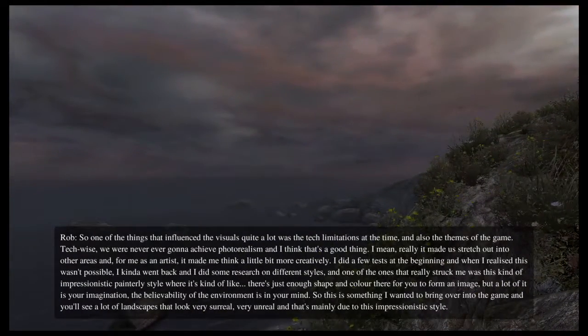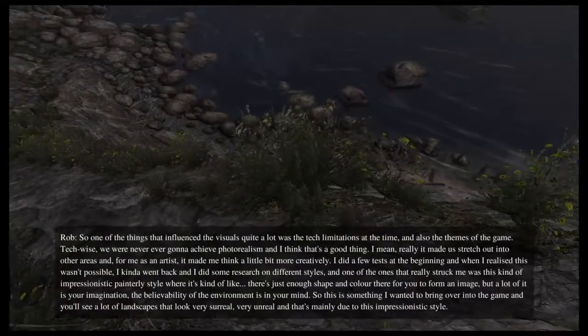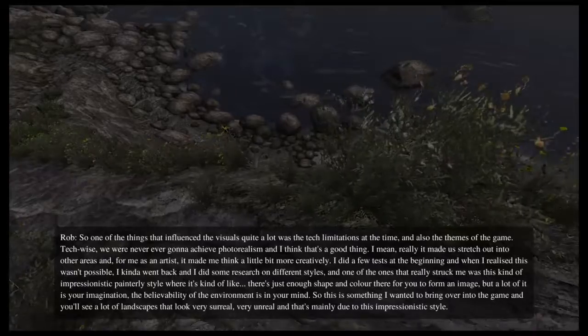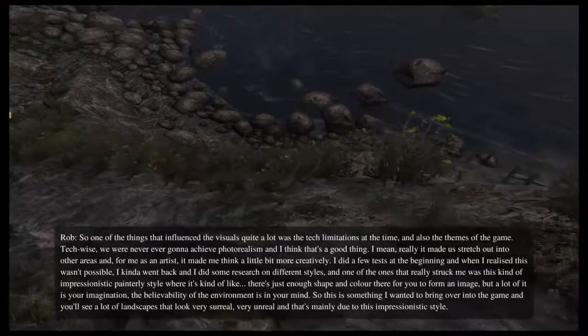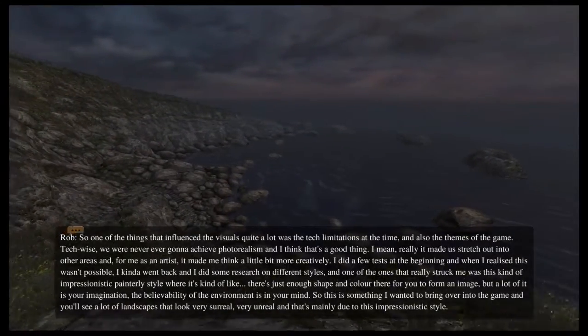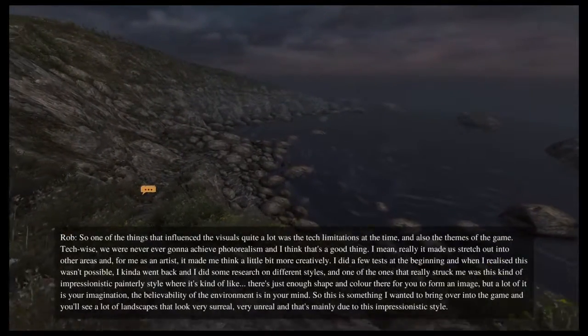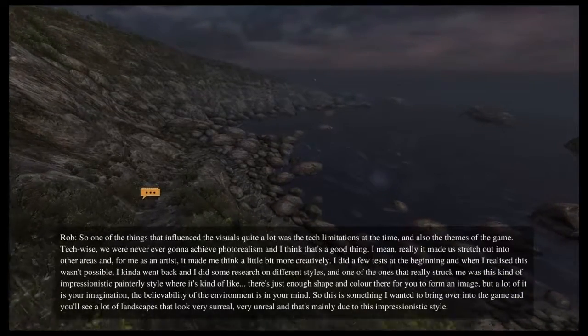I did a few tests at the beginning, and when I realised this wasn't possible, I went back and did some research on different styles, and one of the ones that really struck me was this impressionistic painterly style, where there's just enough shape and colour there for you to form an image, but a lot of it is just your imagination.